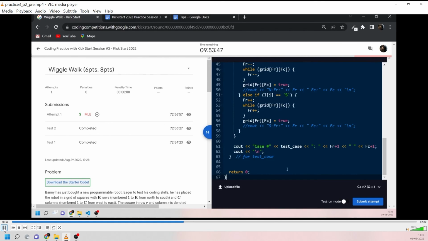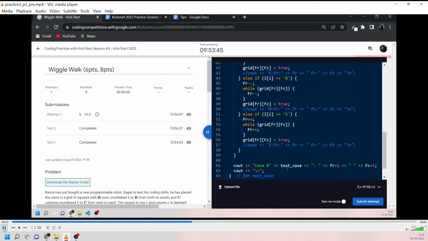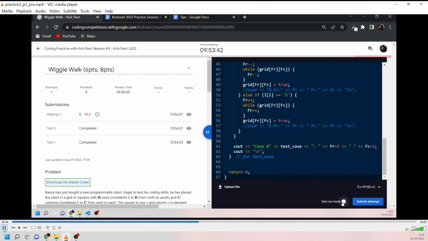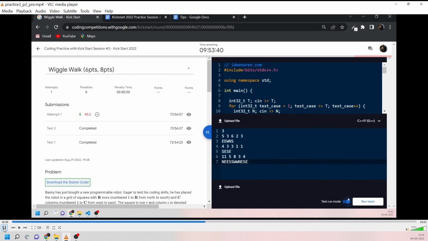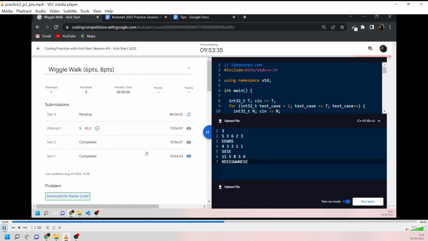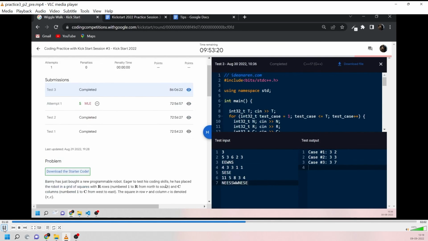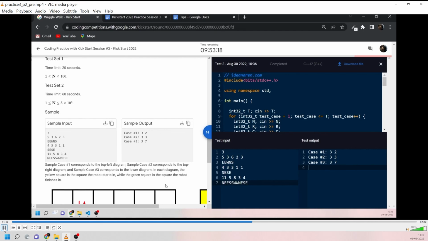Let's try to submit the updated code. Run the test case. It's pending. It's completed, and it's 323337, which is correct.